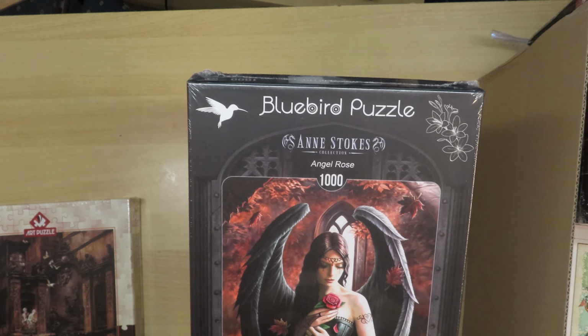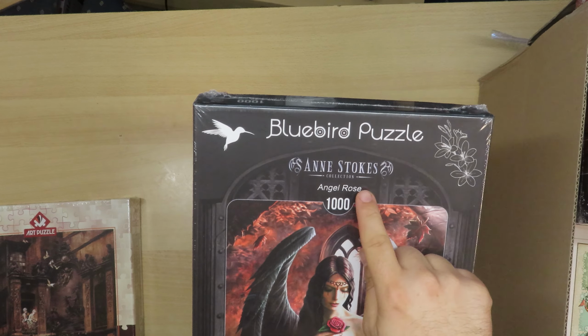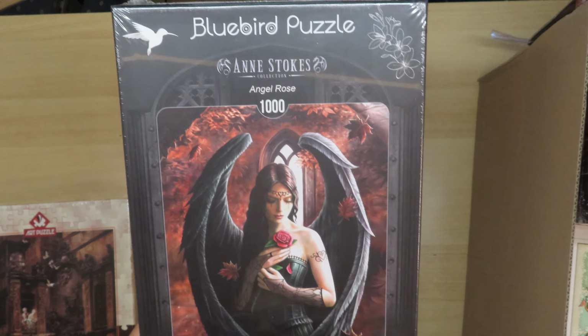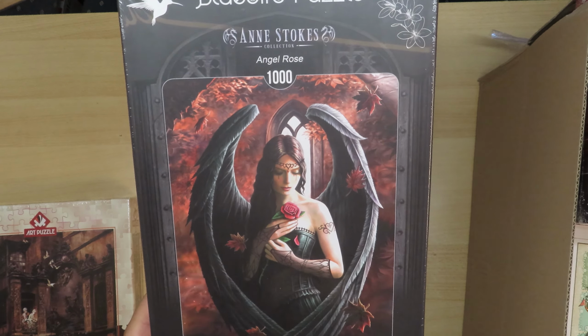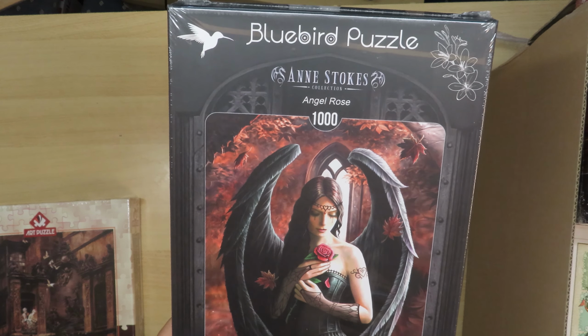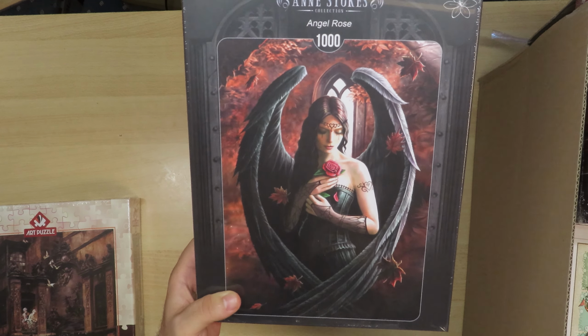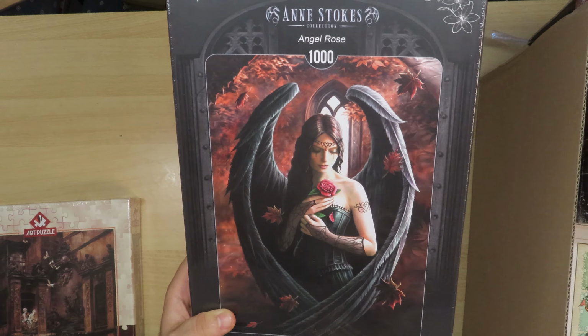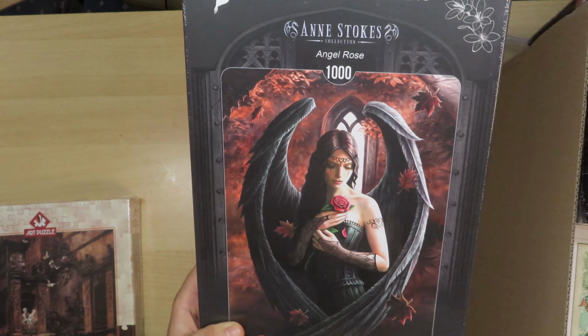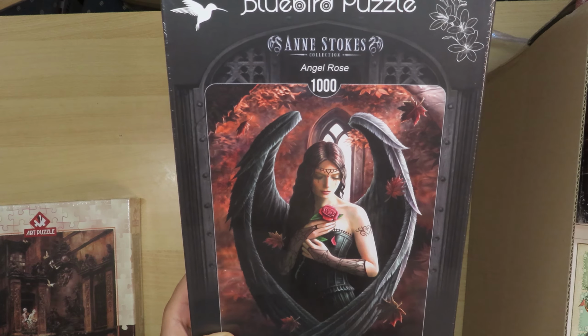This is something like Colibri. It's something like their logo. The name is Angel Rose, and I actually bought this. I wanted to make a comparison of the woman in the picture with the ones that I have, which I have many from Chris Ortega. What I actually found quite